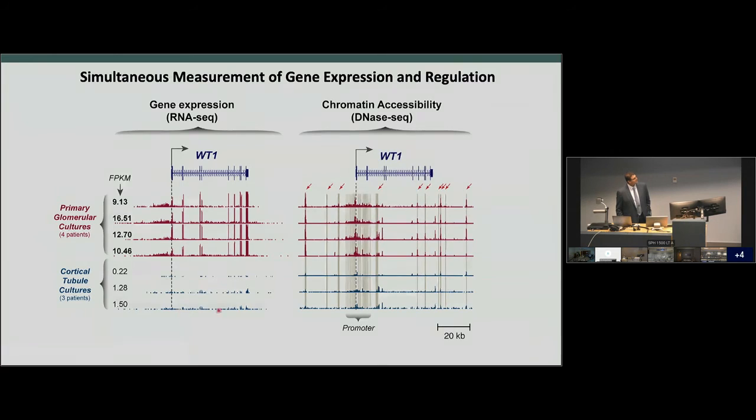And again, looking at the enhancers around that, while there's activity around the promoter of WT1, all these red arrows here are pointing to the enhancers. So this is now the map of distal regulation or control of how WT1 is actually expressed in podocytes, which had not been described at all before. So how does this actually intersect with population genetics?